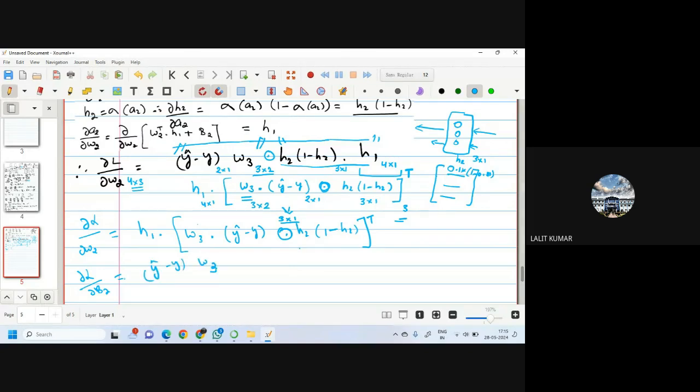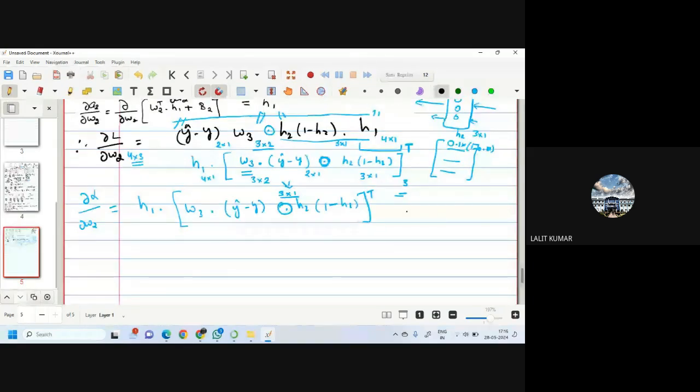Again we write like this: W3 dot H2 and 1 minus H2, and now try to make the size. Now the B2 size is what? It is 3 into 1. Now this is 2 into 1. W3 size is what? 2. So H2 size is